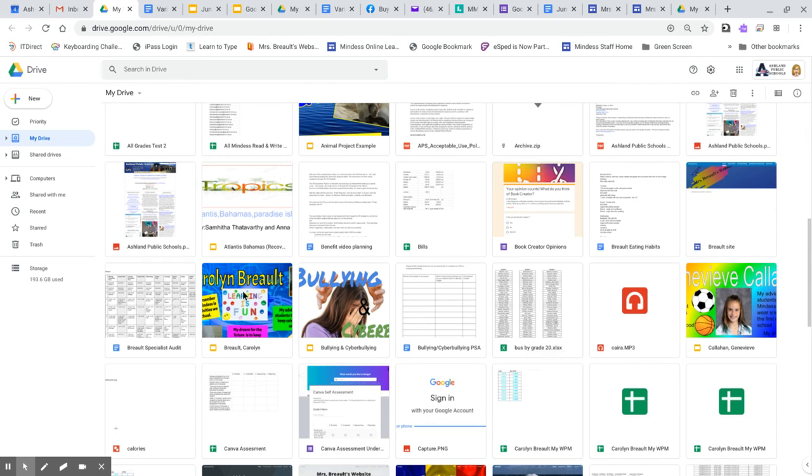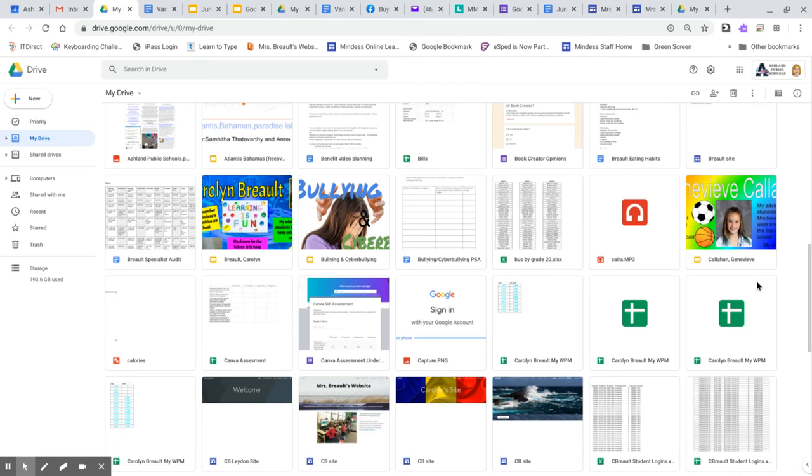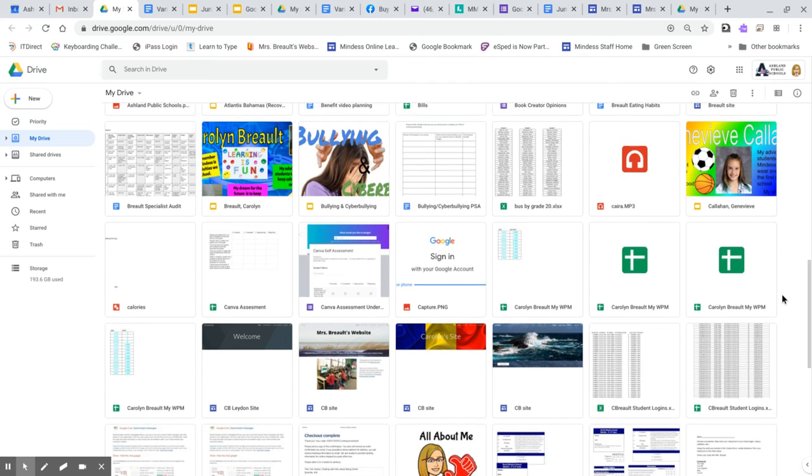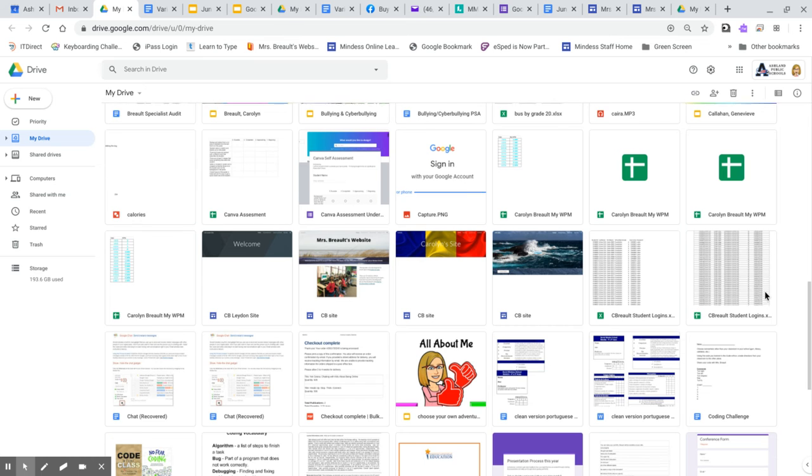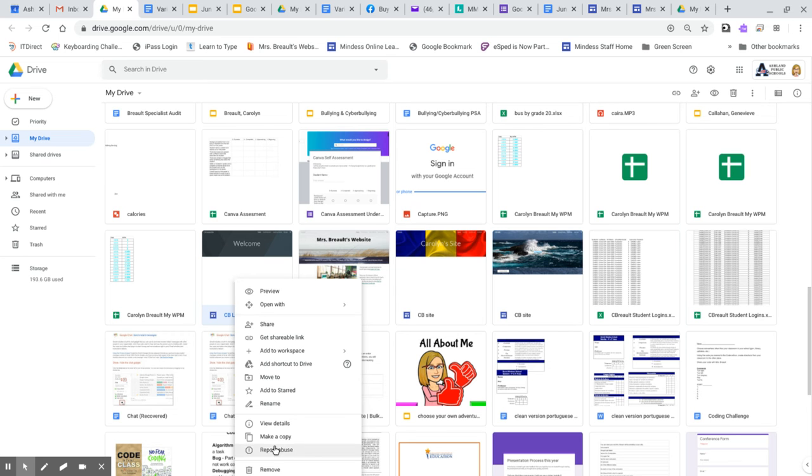So I know this was an example of a project I think for at-home activities. And I'm looking to see if there's anything else I can get rid of. So let's say I don't need this one anymore. I'm just going to right mouse click on it and click remove,